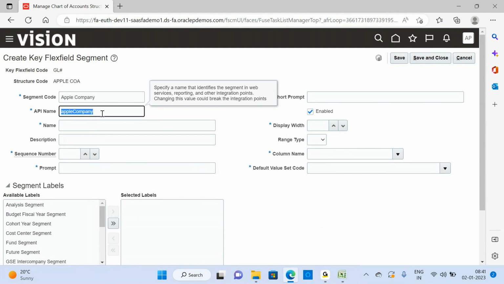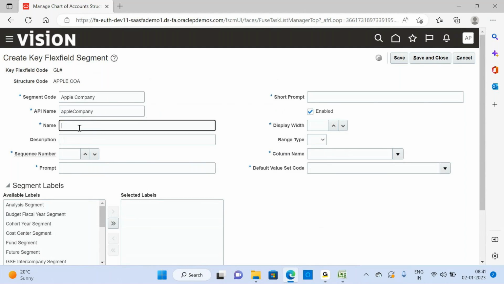Okay, while working on the integrations, each of this column is connected to one of the columns in the other applications, right? How is that connection going to happen? By way of this column name. This is where the column name is automatically going to be populated. Okay, and I'm just giving the name of this segment, description,